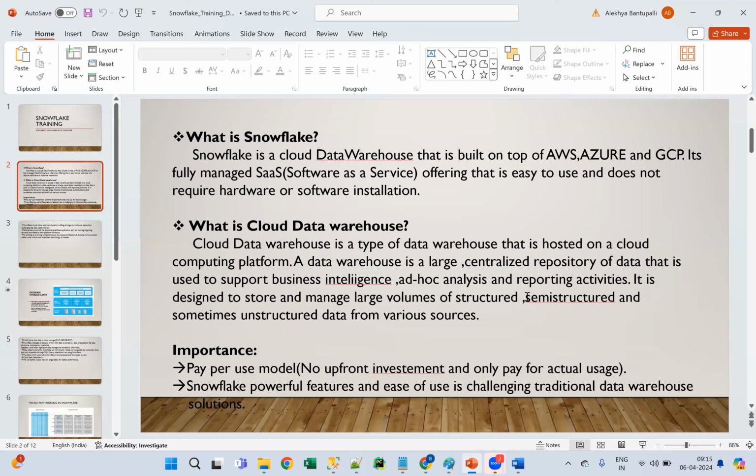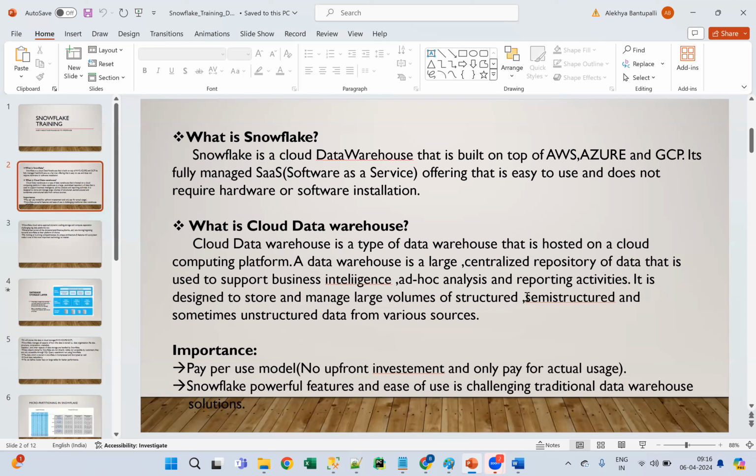So in this way, with a data warehouse, guys, we can do all these things. We can fetch the data, we can see the data, we can do business intelligence, depending upon your business and your client requirements. We can do analysis. Ad hoc analysis means on priority basis. We can also do analysis and reporting activities. We can also create the reports. We can connect to Tableau, Power BI, all these things, and also create reporting activities as well.